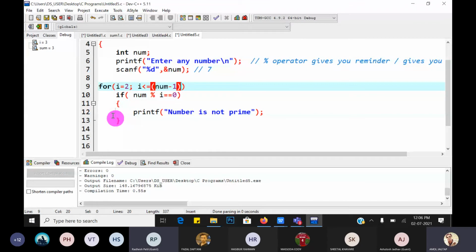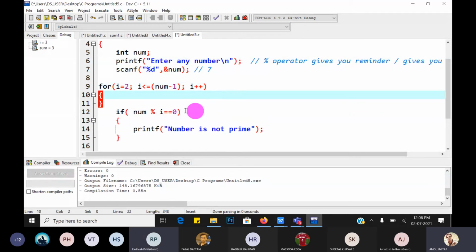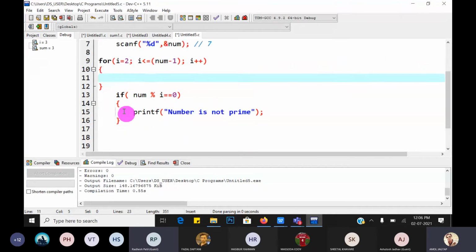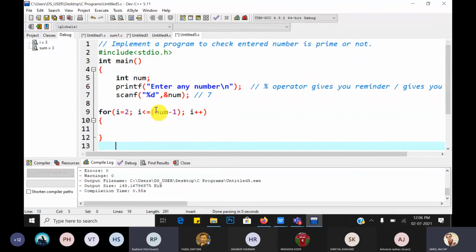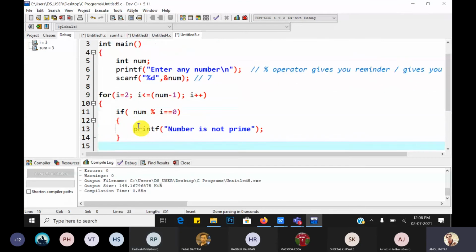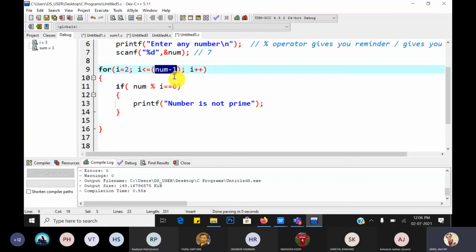Then what is the reinitialization? i plus plus. Here we take a variable and make the constraint. Put it and paste inside the for loop. Now it has the same meaning: num we divide from 2 to num minus 1 and check whether it is equal to 0.